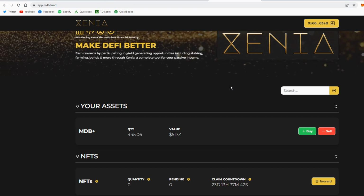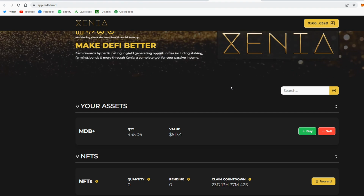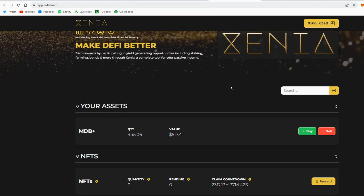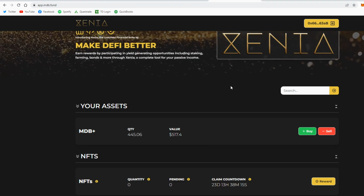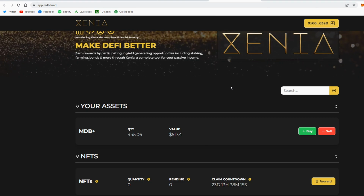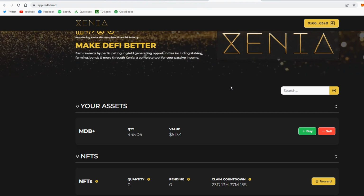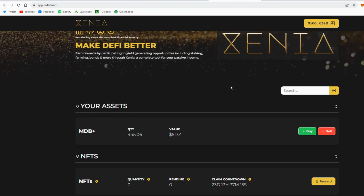And when I initially invested in it, it was around $1.08. So it's gone up about 8 cents in the matter of 2 months. Again, you're not going to make millions on this one, but it's a very efficient way, in my opinion, to make a bit of passive income. Again, it's not financial advice, just showing you guys